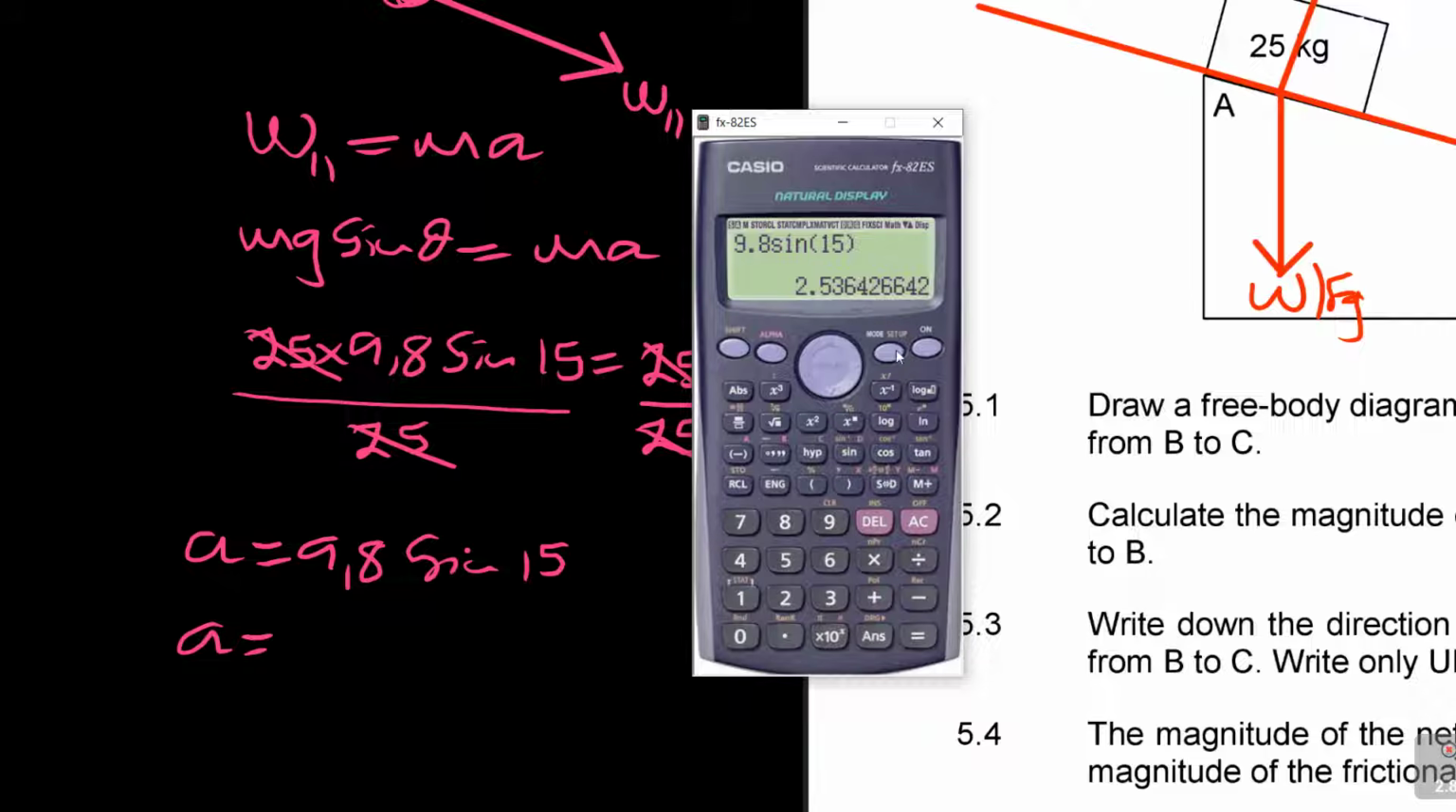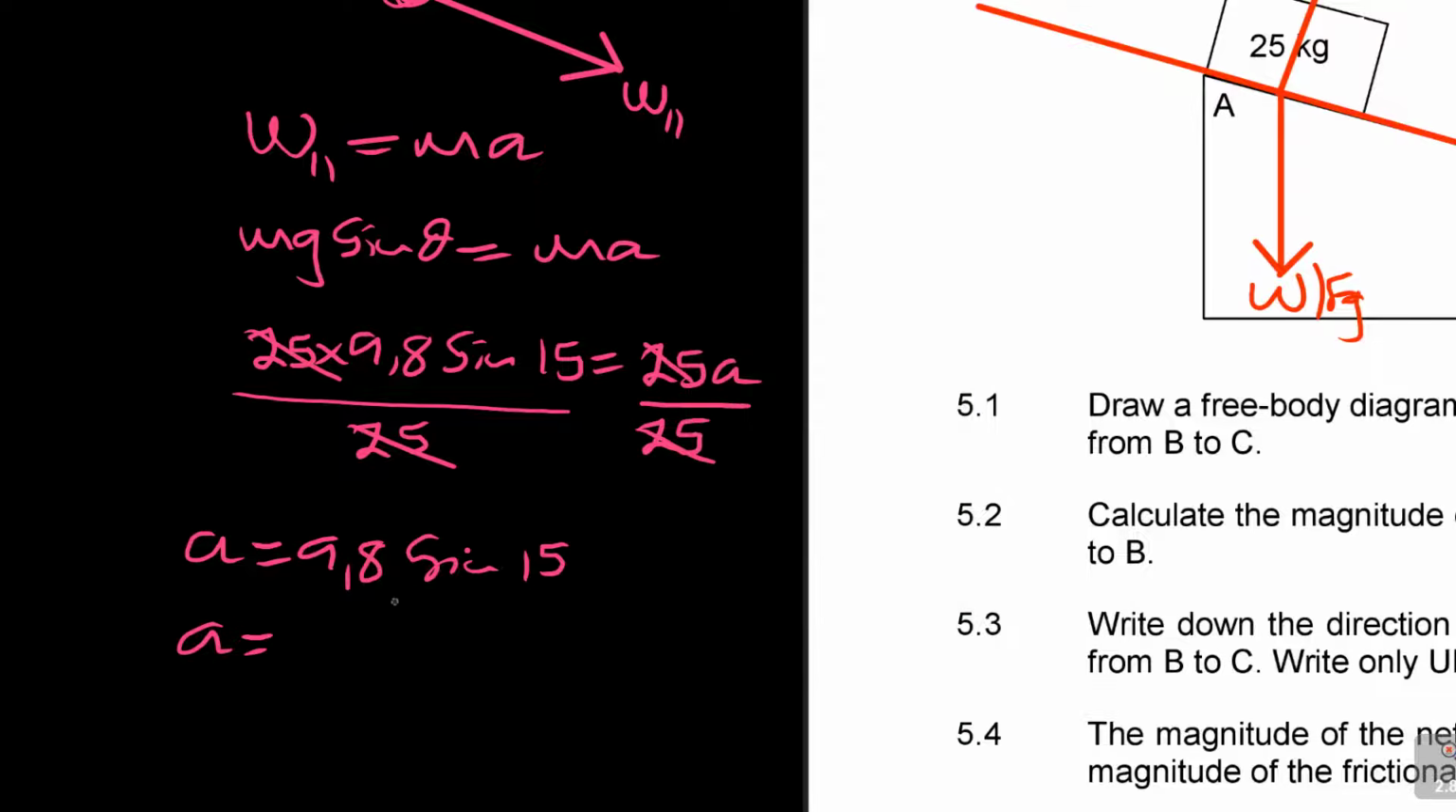2,534. Two decimal places, shift setup 6, and then two decimal places, which is what? ST 2,54. Now remember the units, meters per second squared. That's acceleration. Now downwards, you can even say it's accelerating downwards,